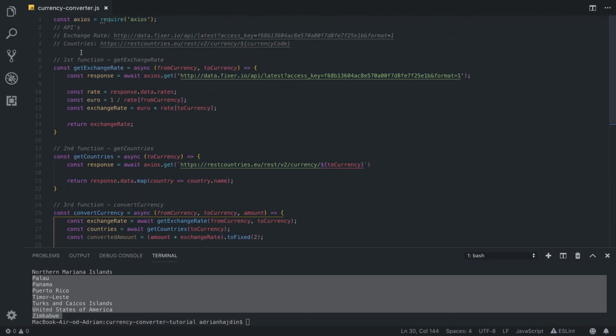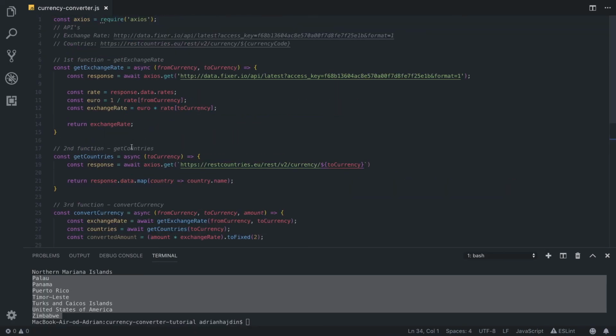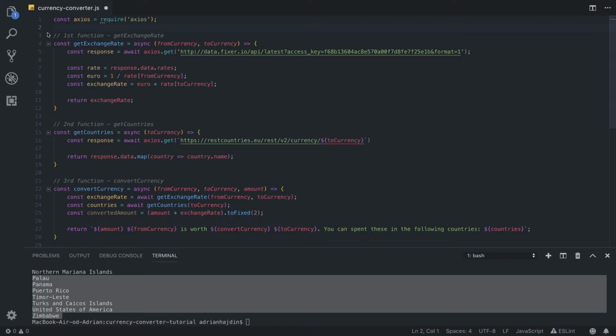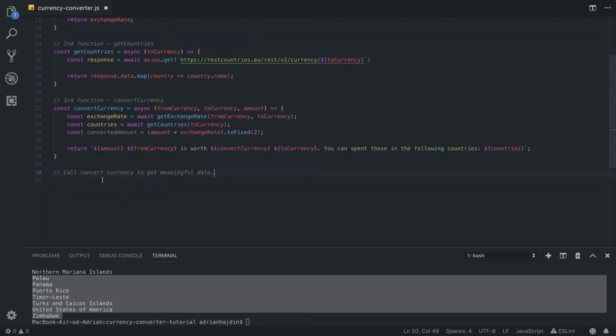Now, since we don't use console logs here, we will have to call the function differently. Okay, I'll just delete these API calls and we have our 3 functions. Now we can call convertCurrency to get meaningful data. Since we are returning with async await functions here, wait, this convert, okay, it's convertedAmount, not convertedCurrency, sorry. We can call this function